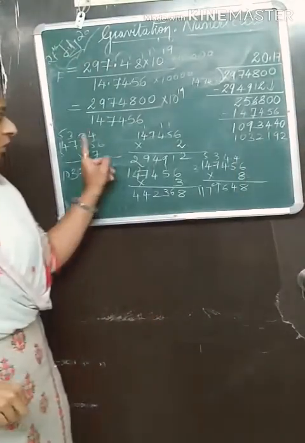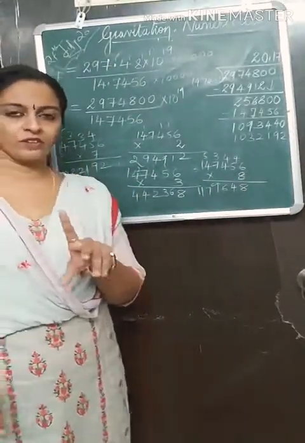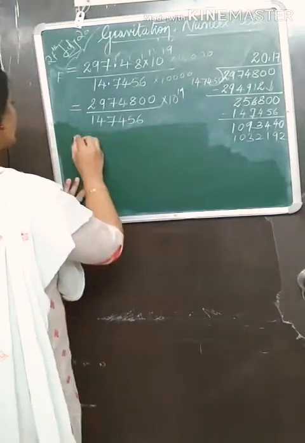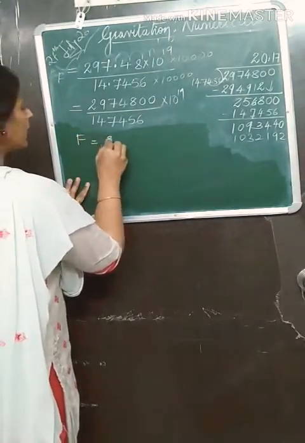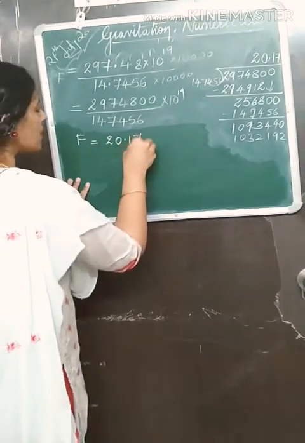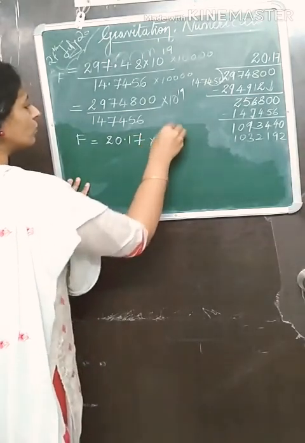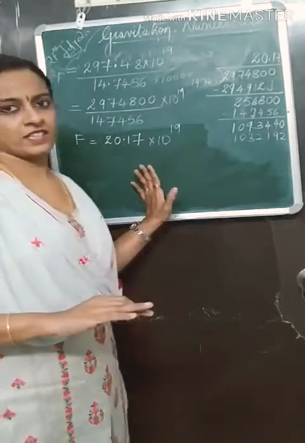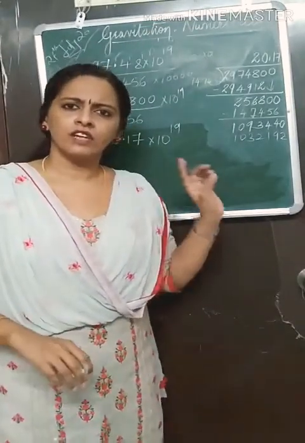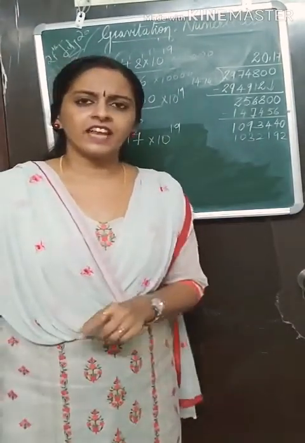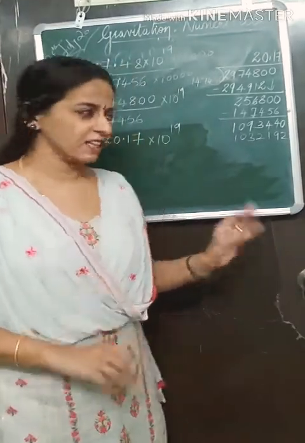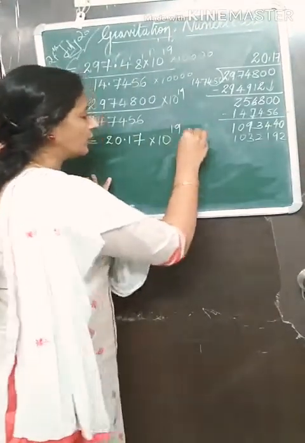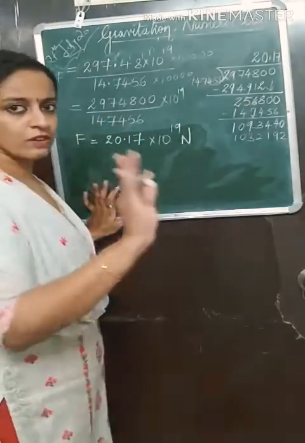As you can see, I have shown the whole calculation. Okay. So as you can see, we got the force as 20.17 into 10 raised to 19. You can write the answer as you get it. This way you can write. You will get full marks. But in the textbook, they have given the answer in another way. This force means Newton, no? You write as you get, you get full marks.